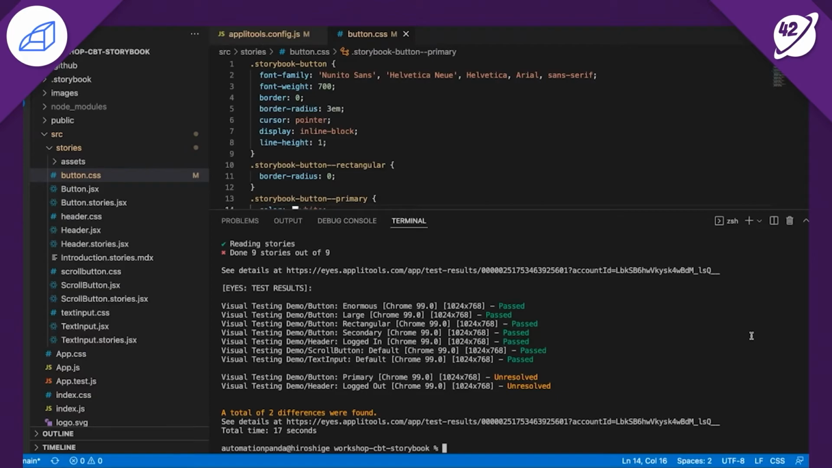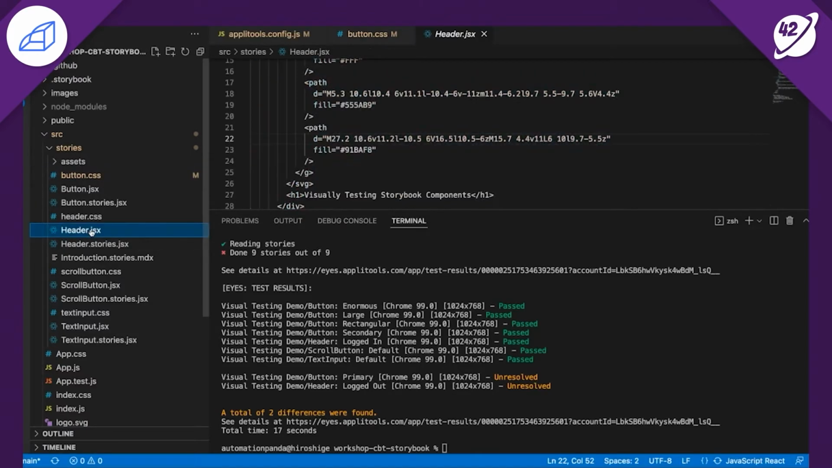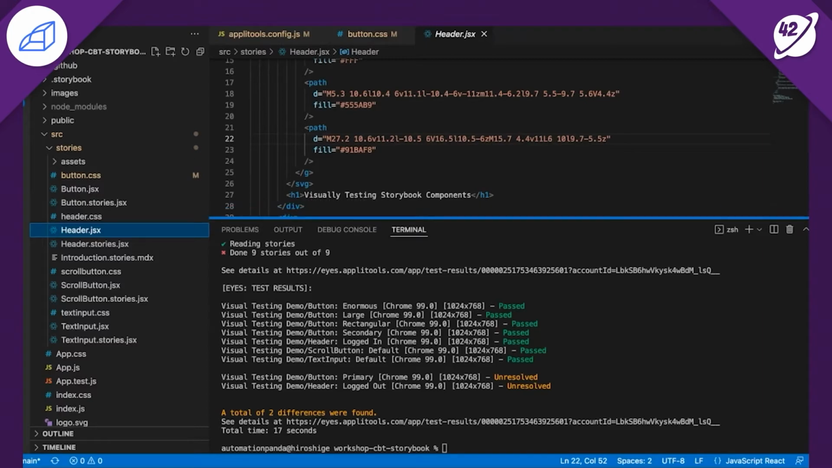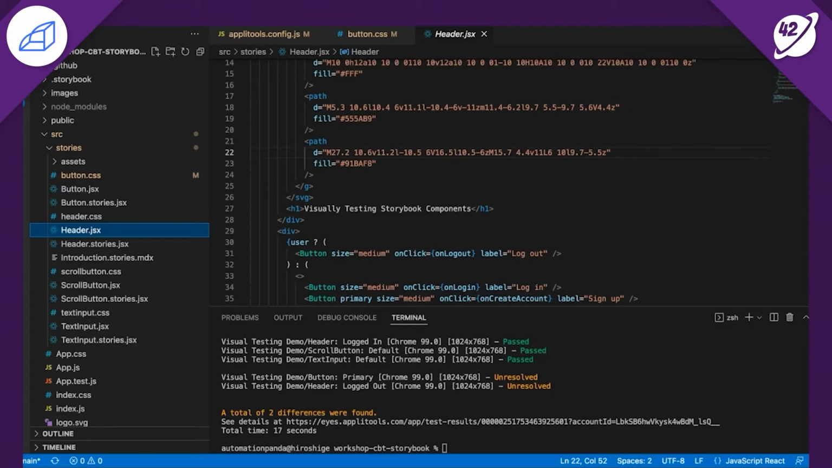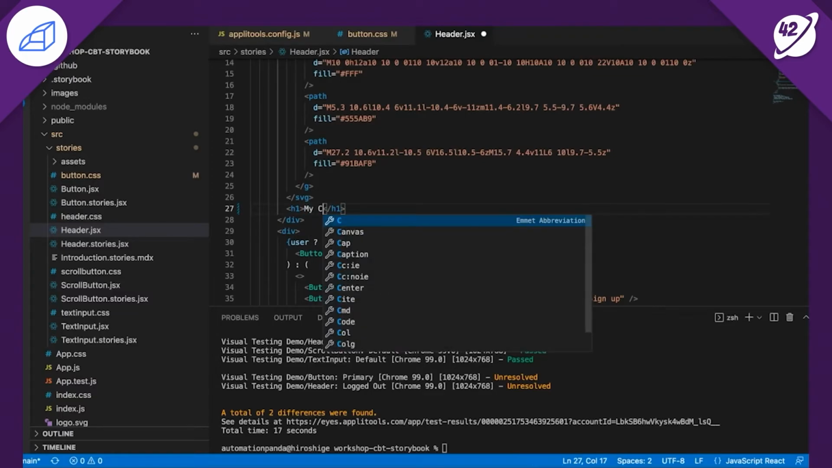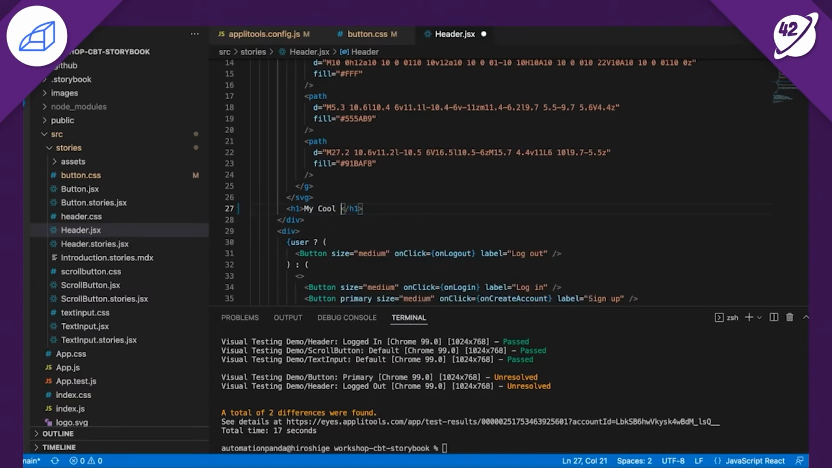Let's make another change. This time I want to tweak the header. So let's go to our header.jsx file, and I want to do a couple things here. First of all, I want to change the title text in the header. Rather than saying visually testing Storybook components, let's change it to something else. So we can see a text-based change here. Also, I want to tweak the layout. So if I go to header.css,